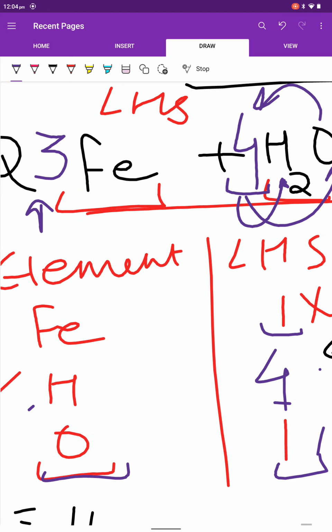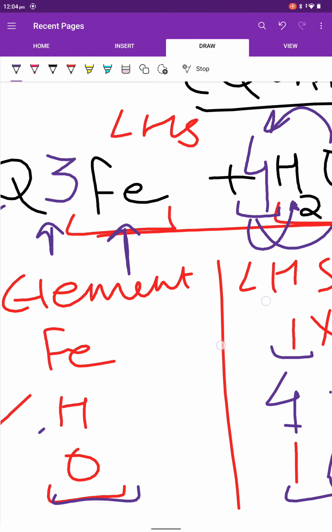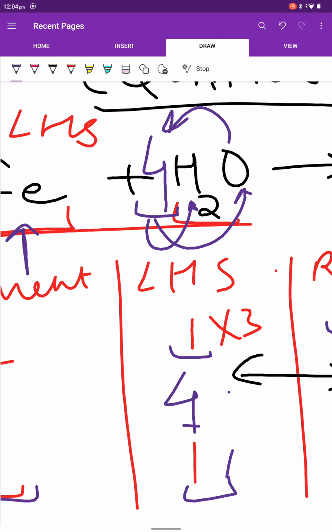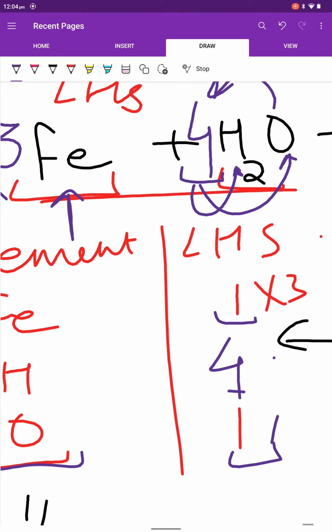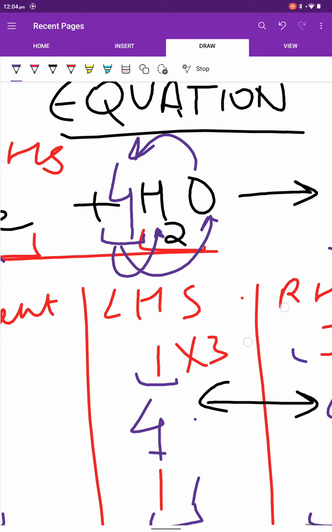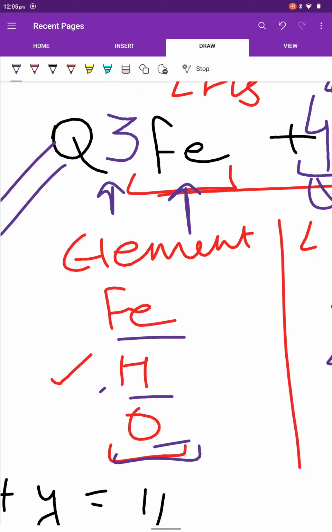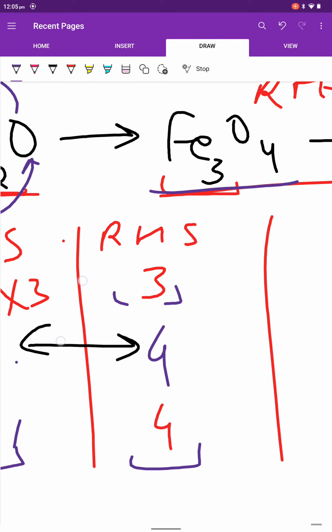Got it? Yes. So let me explain once again. What we have done: we have taken Fe. It was a question, right? Fe plus H2O is giving us Fe3O4 plus H2, right? Basically, this is the reactant side and this is the product side. Got it? So what we have done, we have written the elements: Fe, H and O. Okay, in every question you will first write the elements to make a chemical equation simpler as compared to doing it directly. Okay, in LHS you will write Fe is there, hydrogen is there, oxygen is there. Got it? So, same as RHS.